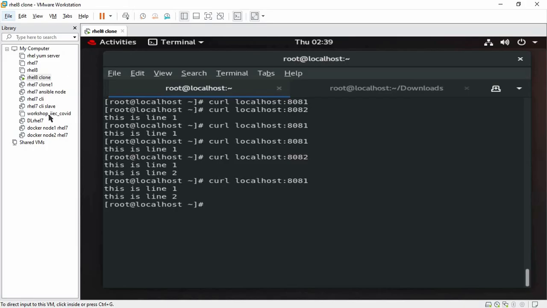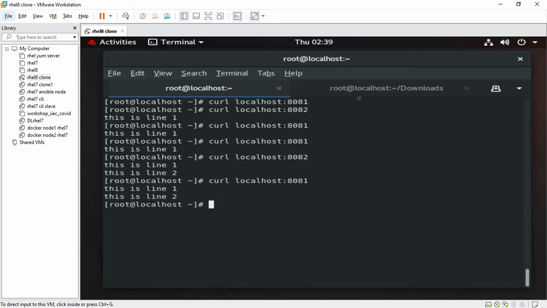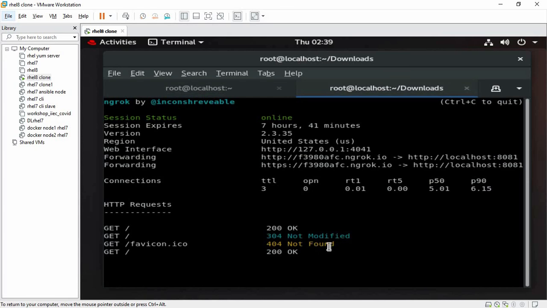Also we can see it on the web page. This is line 1, line 2. I forgot to give the break line tag, so this is showing in one line. This is due to ngrok. I have used ngrok to convert the public IP and private IP into one another, so we can easily see it through that.